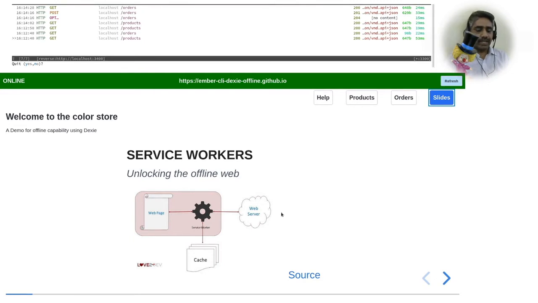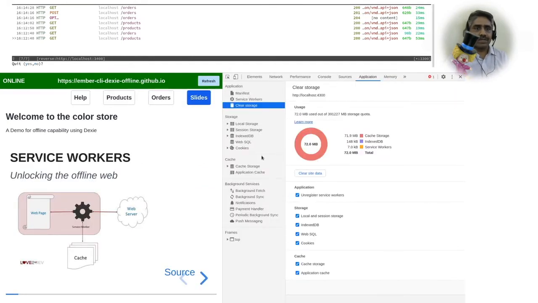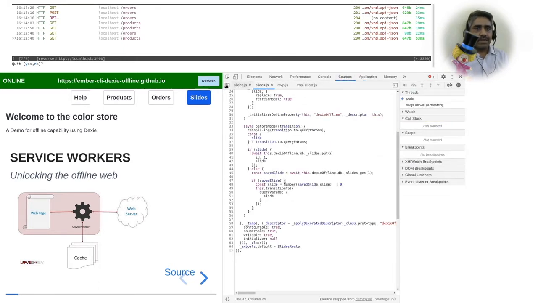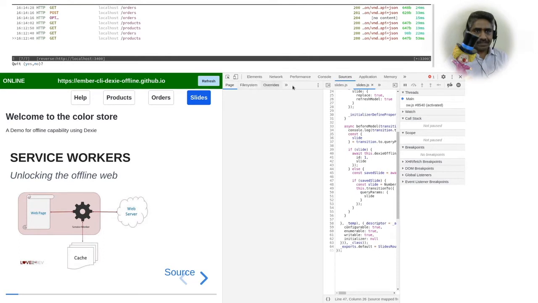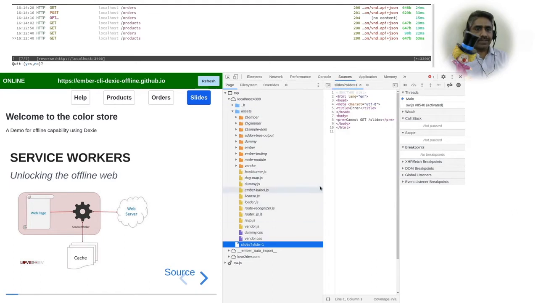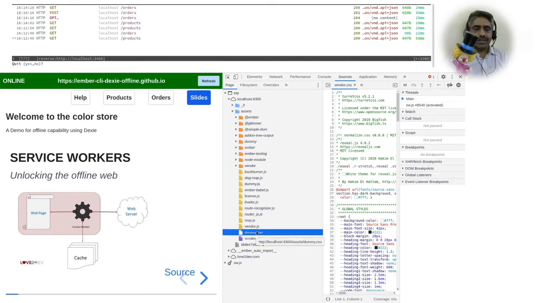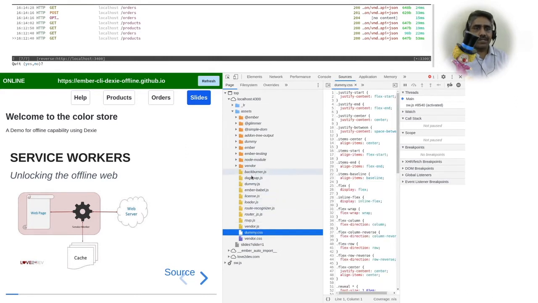This demo site actually supports offline using the service worker. This has been integrated using the great add-on that Dockyard has given us for Ember. Let me quickly show you how the service worker works and caches the requests. When we talk about this HTML page, we have a lot of resources like the actual HTML page. This is the actual HTML page, and this is the list of static assets that the page links to.